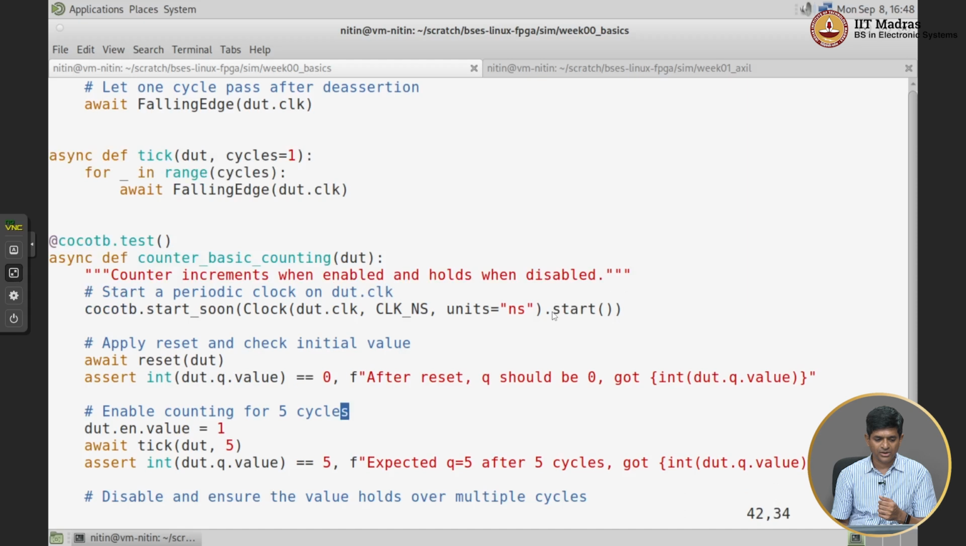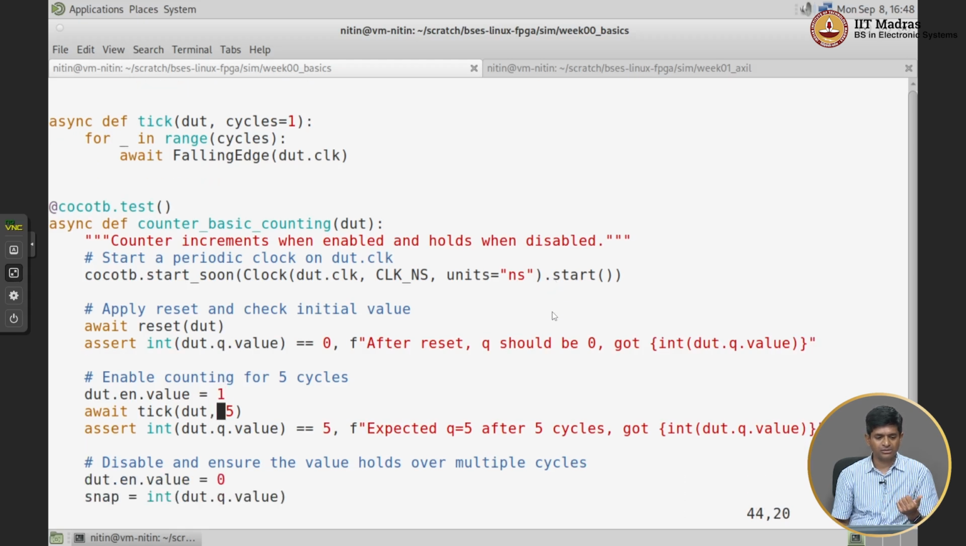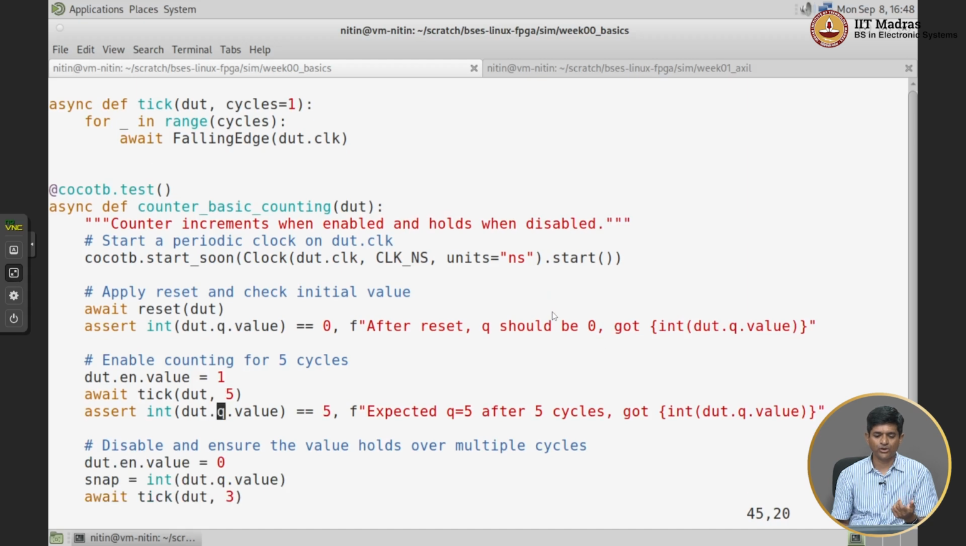Okay. So, this assert is a very simple and powerful mechanism. It basically allows you to just specify what should be there, and if it is not, print out a message. Now, I can enable, wait for 5 clock cycles, assert that the value should be equal to 5,